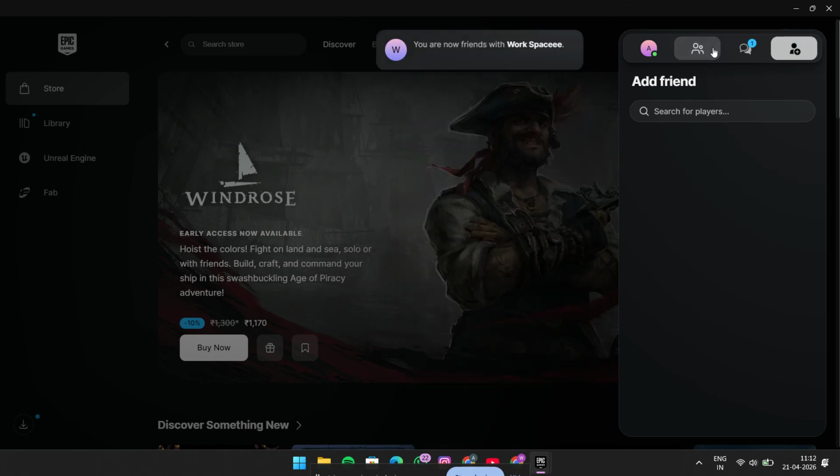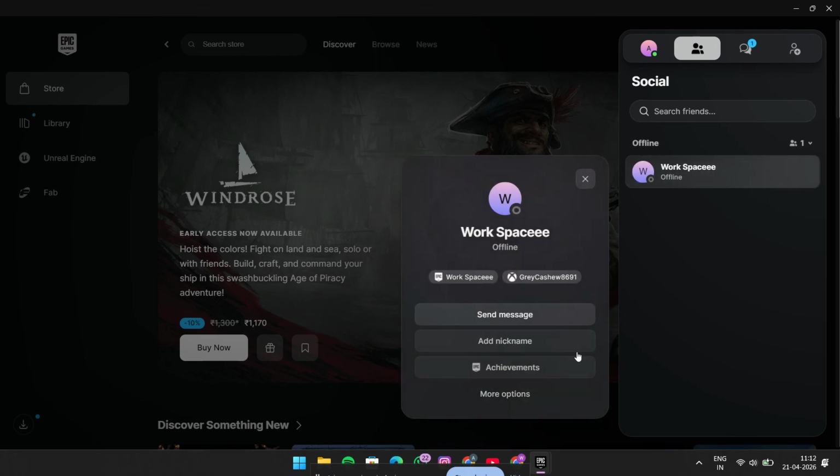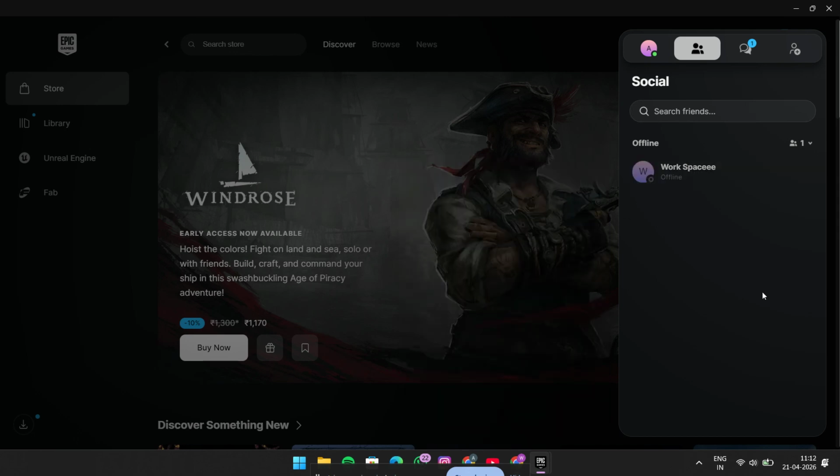If you want to double check, you can go back to your friends list and make sure the new friend appears there. This is a really fast process once you know where to look, and it saves you from guessing